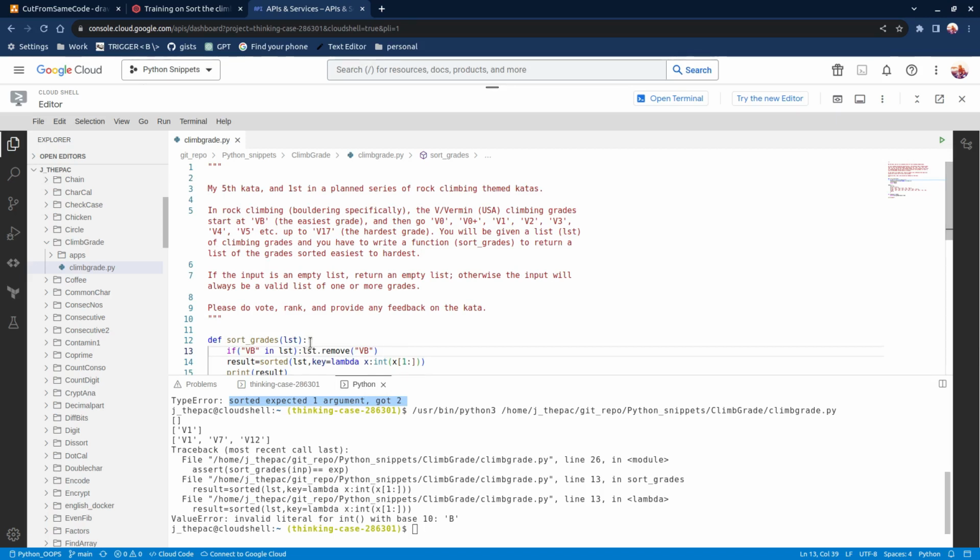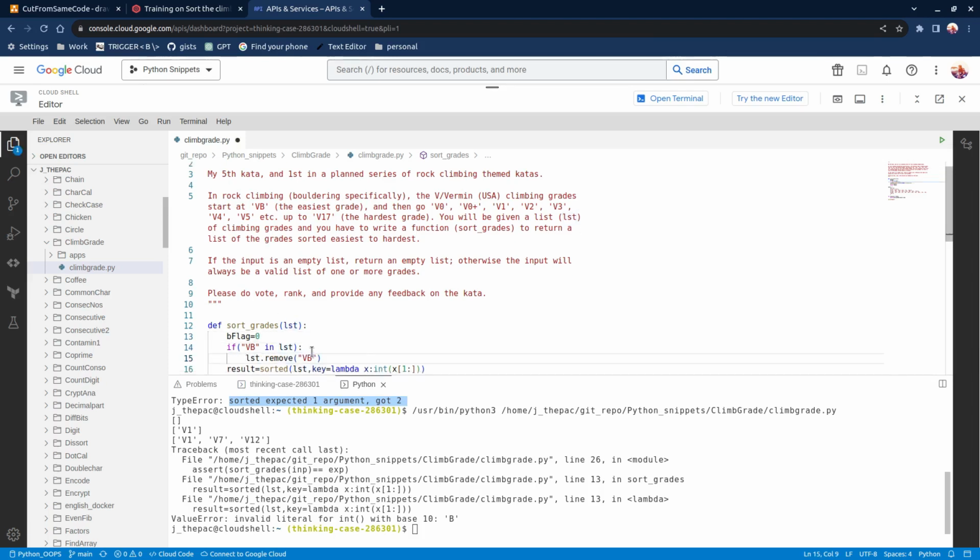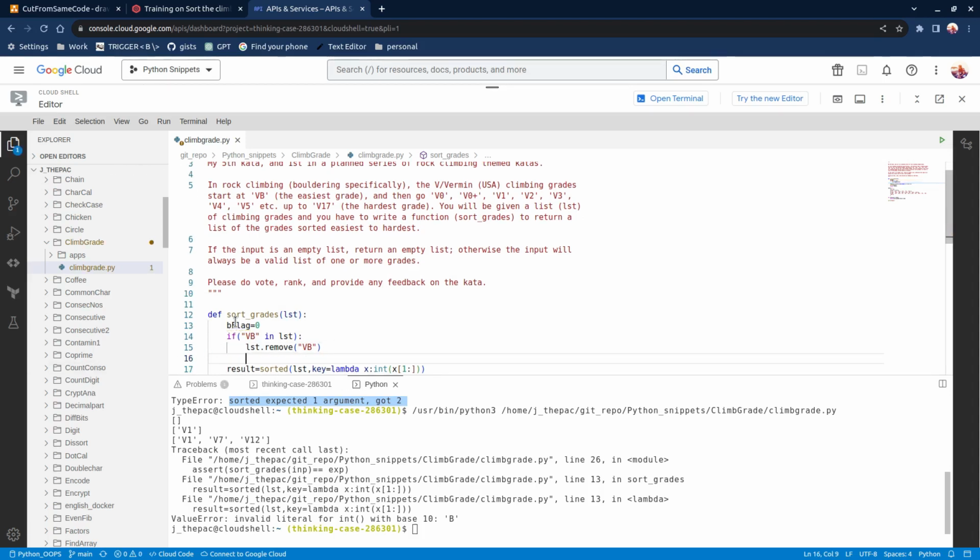Then we can set B flag equal to 0, and then we can say B flag is equal to 1,